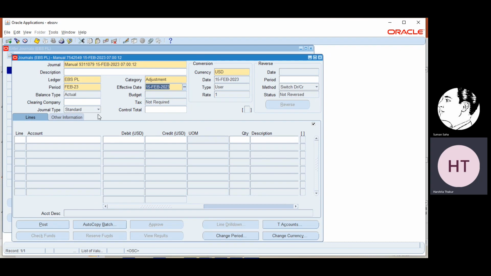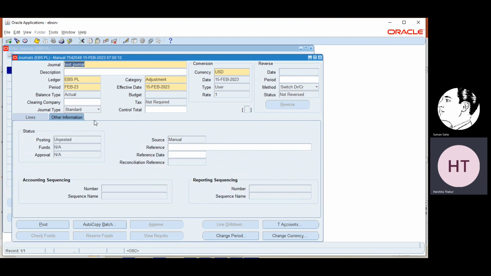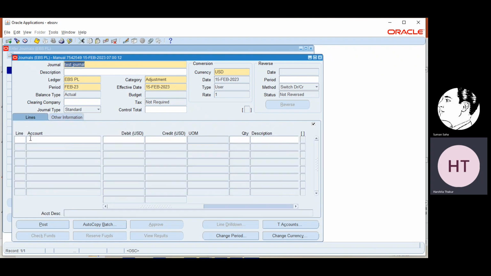So now the next thing you can see here in journal, it has taken automatically one name. If you want to use the same, you can use, or if you want to change the same, you can change it. Like I'm giving test journal. Fine. Now let's give lines here. If you will go to this other information, you can see your sources coming like manual as I'm giving a manual journal entry here. Now I will create first line,